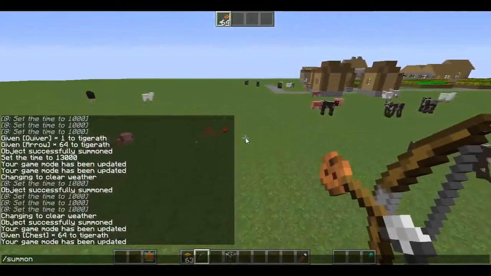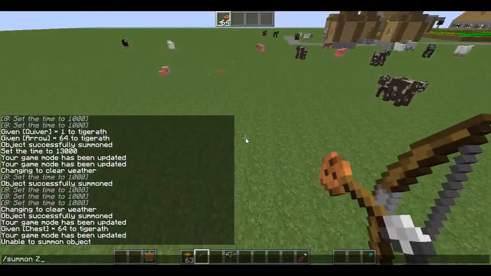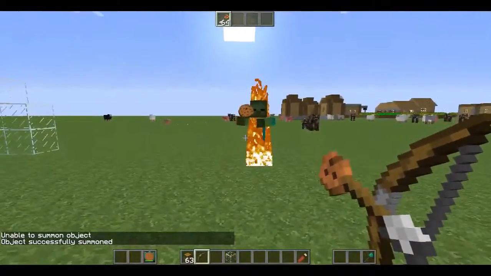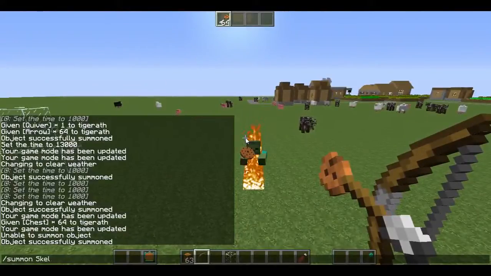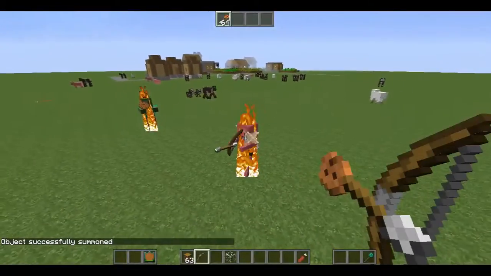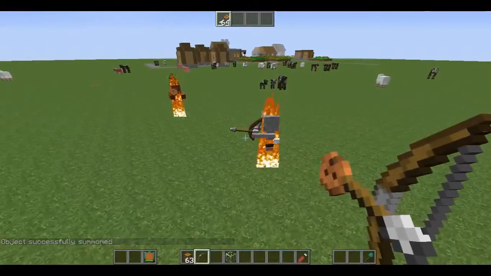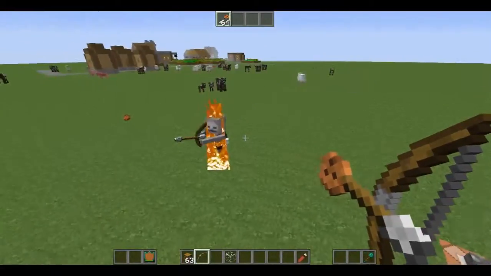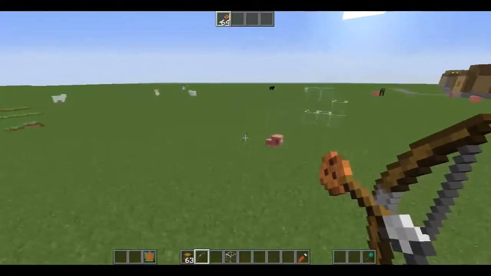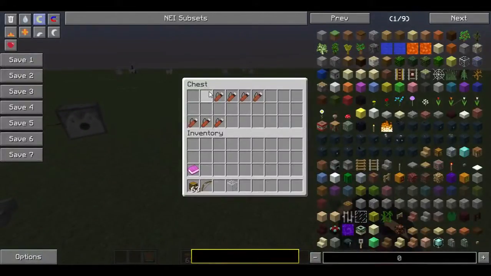Now, if I summon a zombie, then you'll see... Oh, sorry, need capital letters. Sorry, Minecraft. So you'll see that if I shoot it, it gives it a cookie. It's very important. I'm not sure if that works for skeletons, too. It might, but I don't think it does. Yeah, no, because they already have a bow in their hand. I'm not sure if it works for other mobs, too, with just the cookie thing. But it doesn't seem to, with what I've tested. I haven't tested very much, but...